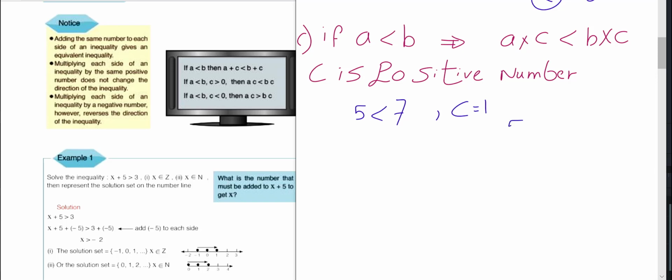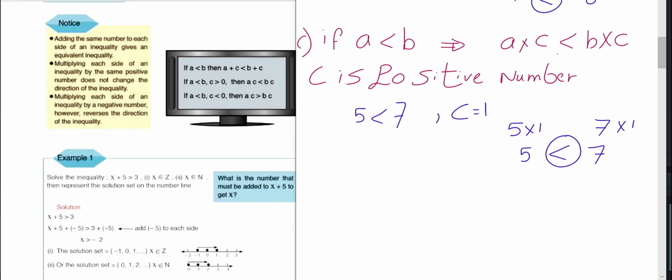Multiply 5 times 1 and 7 times 1. 5 times 1 is equal to 5, 7 times 1 is equal to 7. So I have 5 less than 7 again. So when we multiply a positive number to both sides of the inequality, the sign of the inequality again